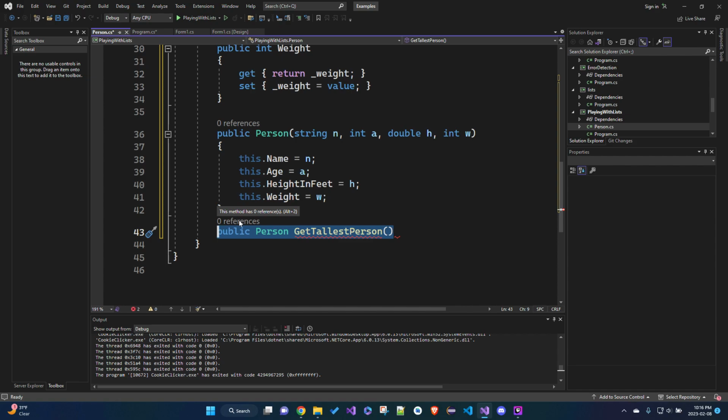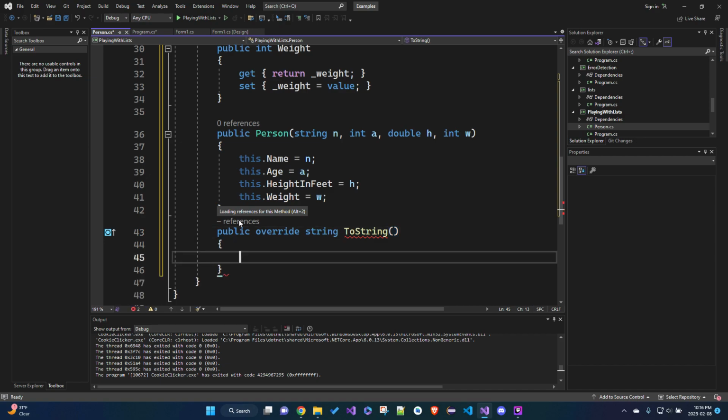So we can override the toString though. Public override toString. Because there's already a toString method, we have to override it. And so we're going to override it with this. Yeah, so it wants me to return something. So return